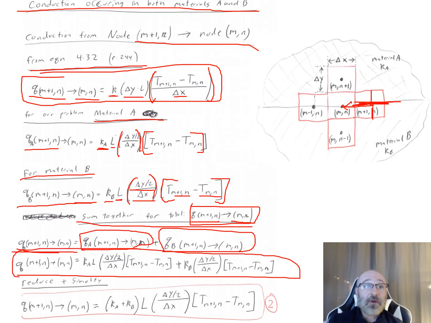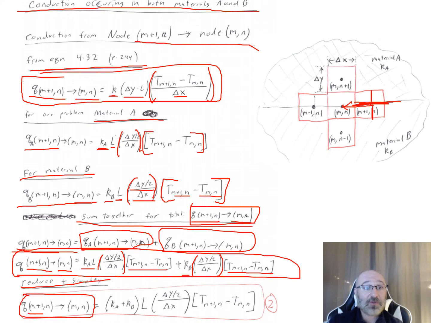So our Q value, our heat rate from that node M plus 1,n to our center node M,n is equal to our K_A times our delta Y over 2 over delta X times our temperature difference between those two nodes, plus our K_B thermal conductivity times our delta Y over 2 over delta X times the temperature difference between those two nodes. We reduce that down, we simplify it,